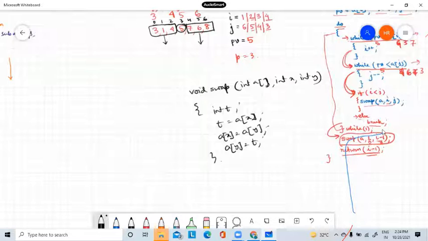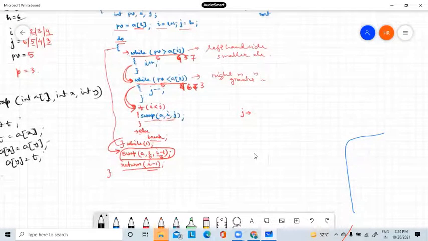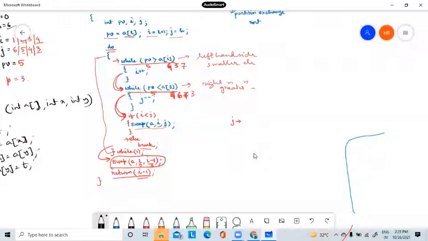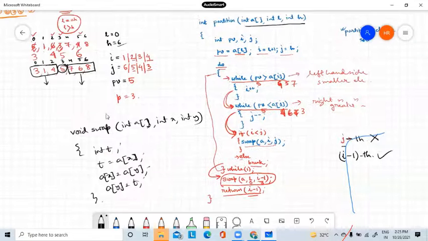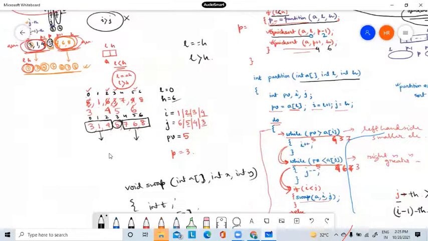Before the time complexity, I want to discuss why we have not chosen the jth position, but we have chosen the I minus 1th position. Why we are choosing this one, not this one. See, from the example, both j and I minus 1 will give you the same value. What is the value of j? 3. What is the value of I minus 1? This is also 3. So why not j rather than I minus 1? That is a very important question.